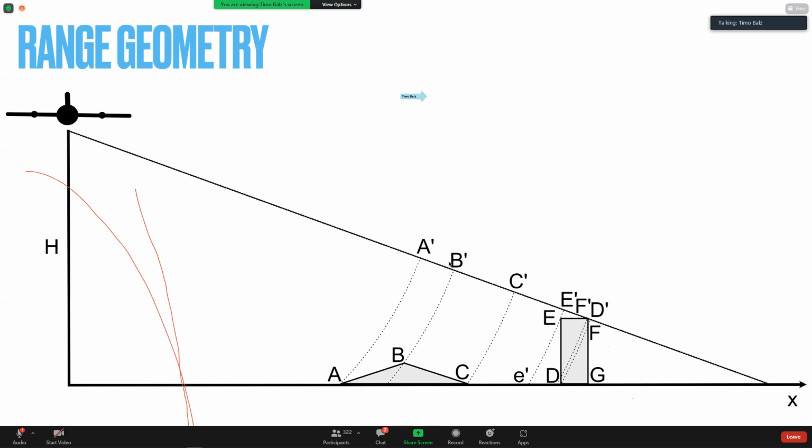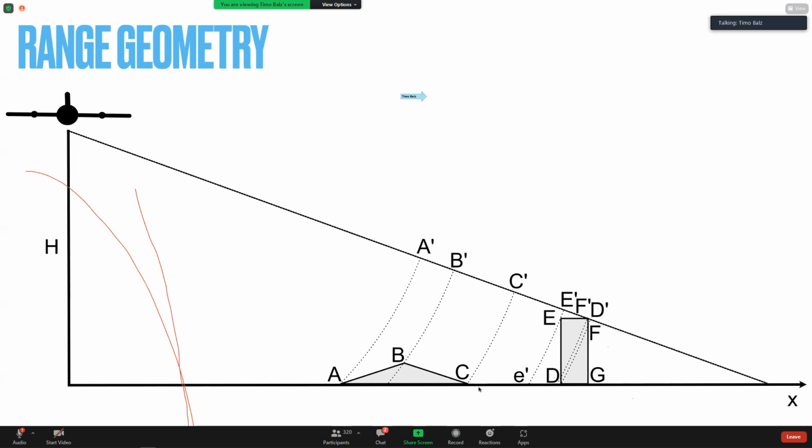While on the other side, you see the distance from B dash to C dash, right? This distance here is longer than it would be on the ground. A, B, C are actually the same distance. A to B and B to C is the same distance on the ground. So you see, this is the